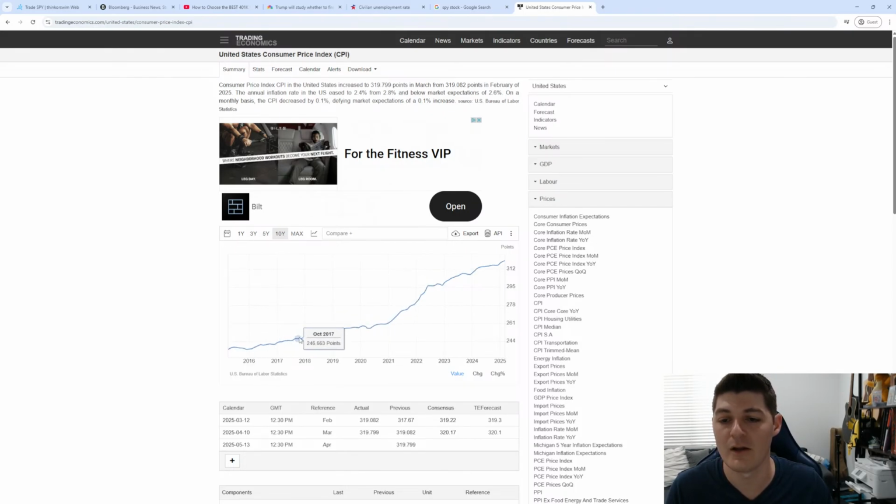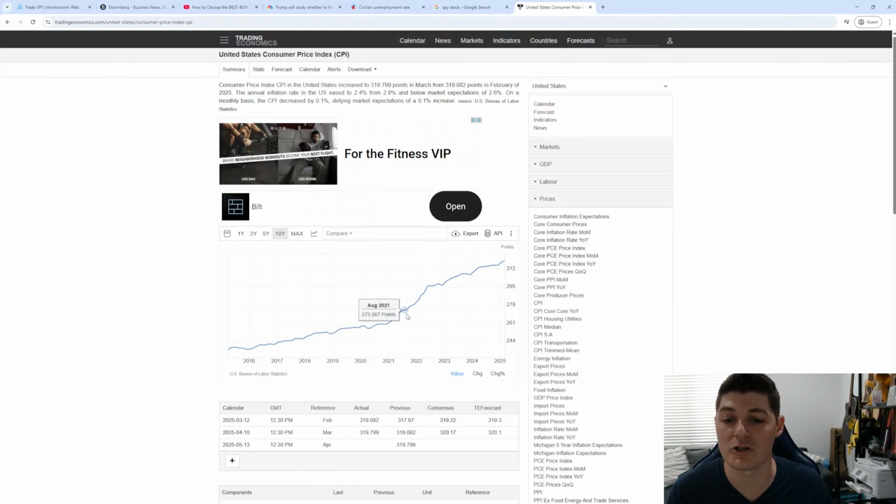So here, this is the actual price level. So this isn't the percent inflation that you see that's quoted in the news all the time. This is the level of prices that we're getting that year over year growth from. So think of like a stock market index, but this is for the average price of goods that you pay. It's measured here in points. It's just a reference number. This isn't like a dollar amount or anything like that.